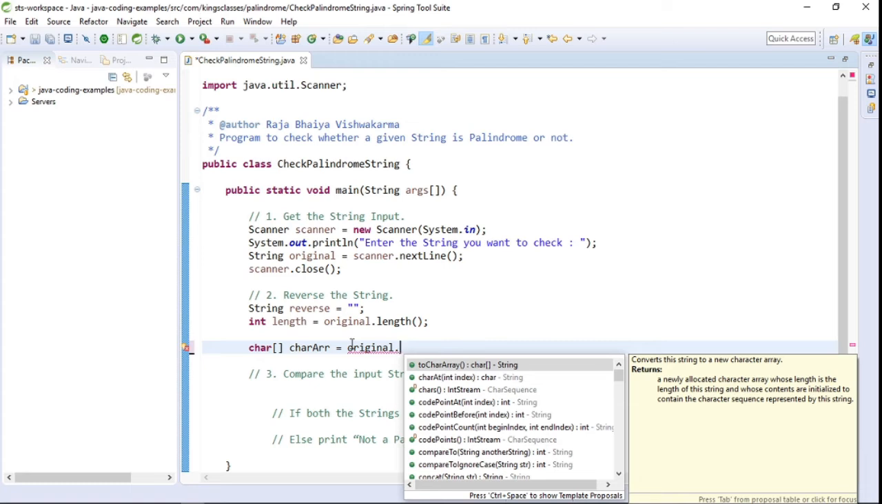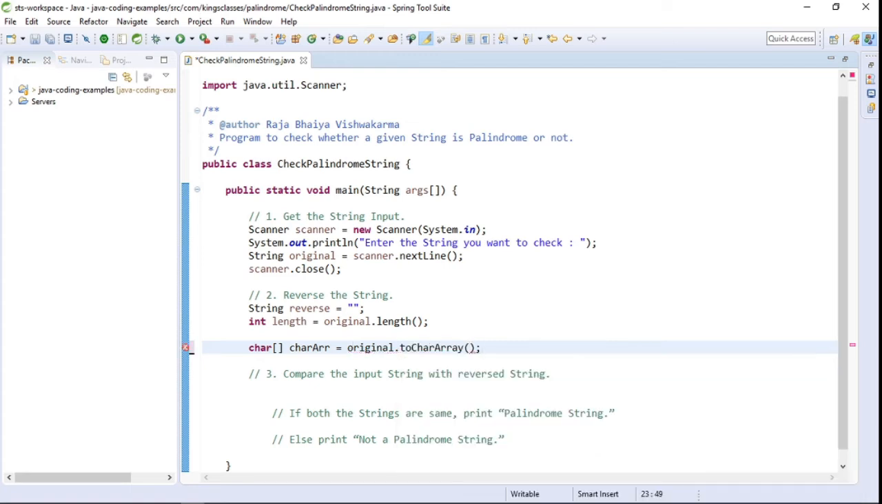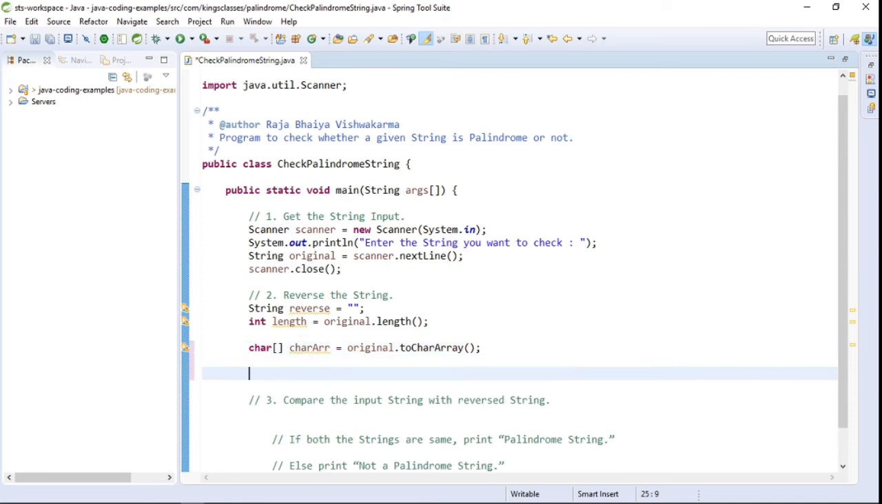So there is the method toCharArray of the string class, so we will be calling that method. Basically that method will convert the string into the character array. Now, as we have to iterate over this character array in reverse direction, we will be writing one for loop,